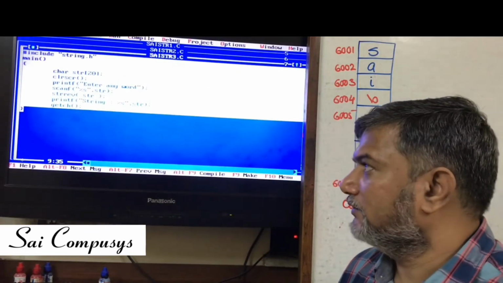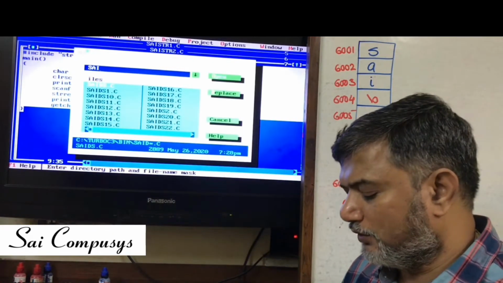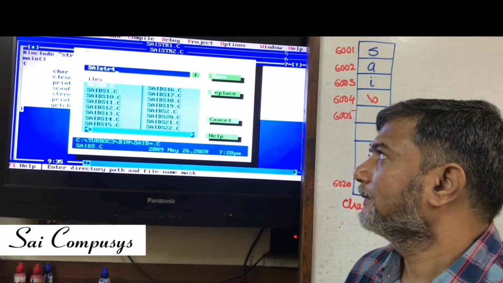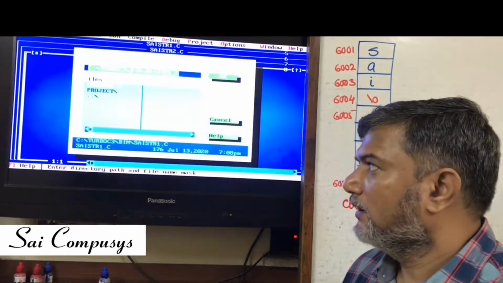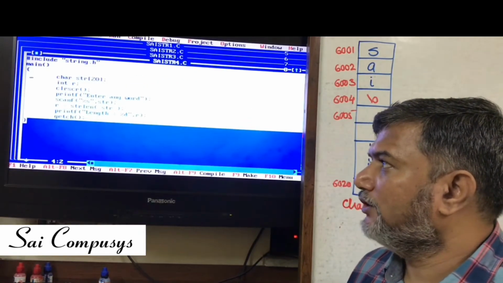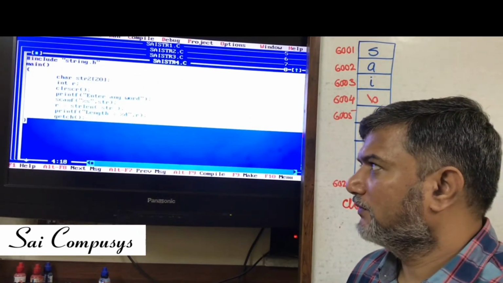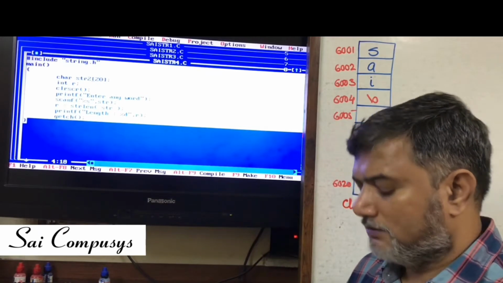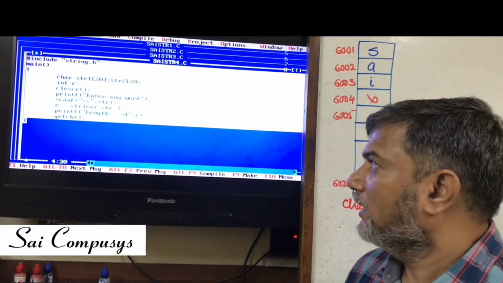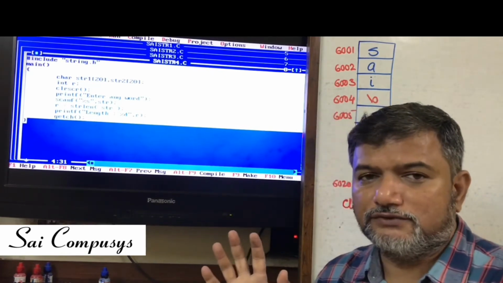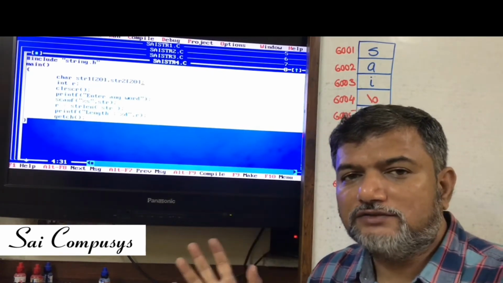Next function I have is a very important function. Here I will define two strings for you, str1, and I will define another string str2. I hope you are not confused. Try imagining this thing.